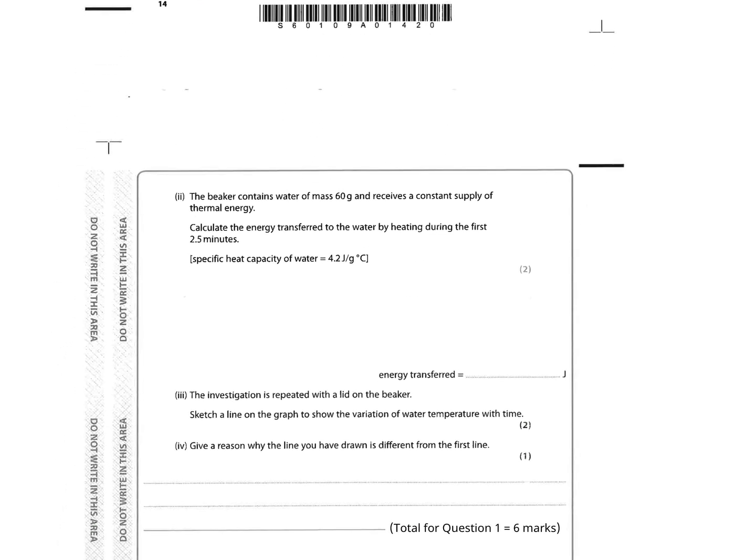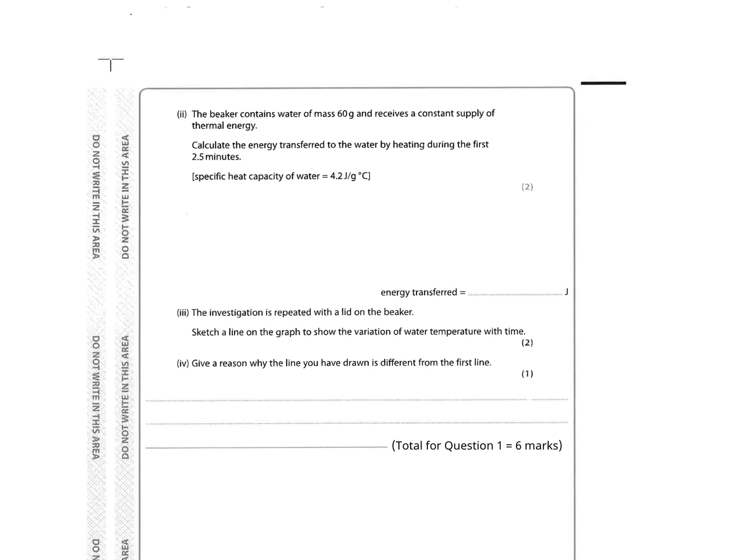Next part, it says the beaker contains water of mass 60 grams, and it has a specific heat capacity of 4.2 joules per gram per degree. Now some of you might go, hold on, that 4.2 looks odd, because water should be 4,200. Yes, but that's 4,200 joules per kilogram. This is per gram. So if you see the gram and the grams there are lined up,